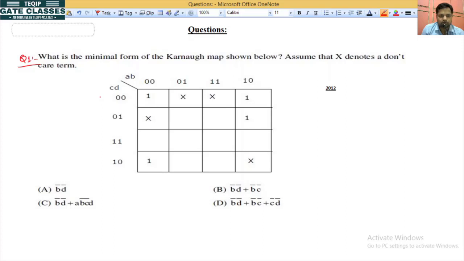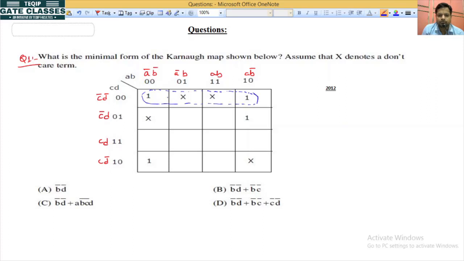So what is the value of this? Since it is a min term K-map, it will be C bar D bar, C bar D, CD, CD bar. Similarly, you can write A bar B bar, A bar B, AB, AB bar. Now I am going to group. How many groupings do we perform here? The possibility is we group this one quad.